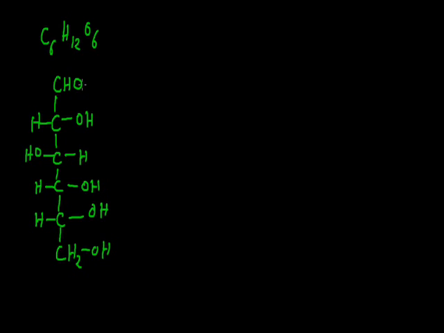Now according to the structure of glucose, there are so many OH bonds: 1, 2, 3, 4, 5. But it does not behave like an acid. The reason is similar to alcohol. The ionization of glucose, although it gives H plus, gives a resulting ion that is not stable. Therefore, the anion combines with the H plus and again gives glucose. So glucose again acts like a weak acid, or a very weak acid.